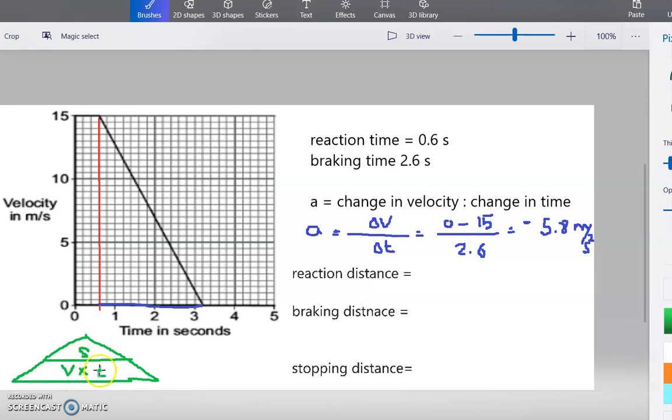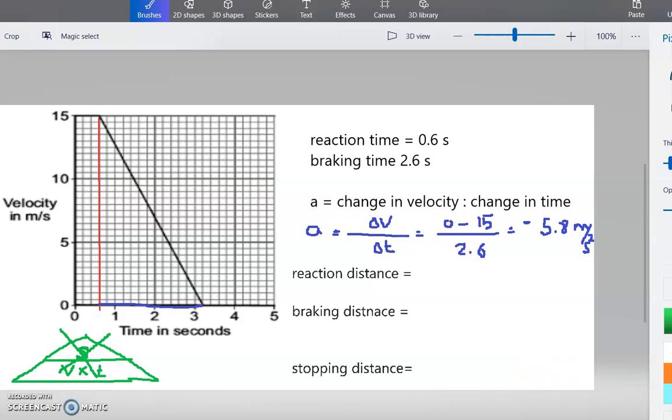But we never ever use this formula to calculate distance if the car is accelerating or decelerating, because we can use this formula only if the car is moving with a constant speed. So at this moment I'm not going to use that, and I'm going to use the concept of the surface